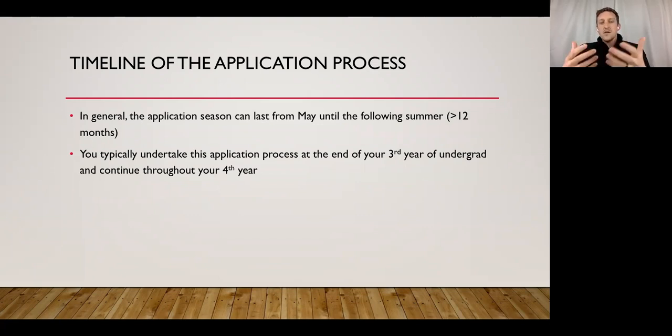And so typically you start working on your medical school application the end of your third year. So the second semester of your third year going into your fourth year, because the summer between your third and fourth year, in June, is typically when you submit this application and get the process started. In general, this application process can take over a year. So if you think about it, the AMCAS application opens in May. You may not actually know if you're going to be in medical school the following year until the next summer. So it can be over a 12-month process, which is extremely grueling, extremely tedious, but it does happen.